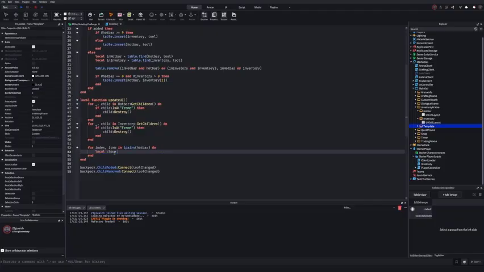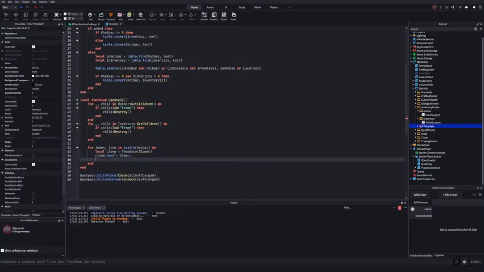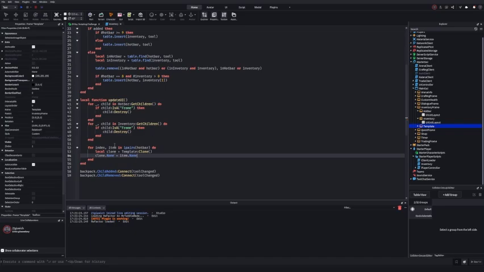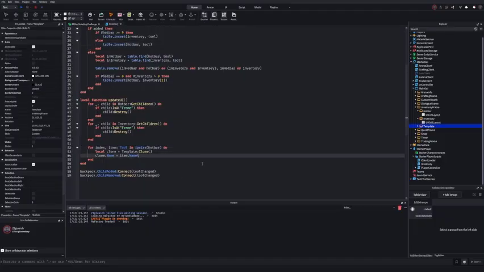So let's get our template. So we'll say local clone equal to template clone, and we'll say clone dot name will equal to the item dot name. In this case, each item in the hotbar is a tool, I'm pretty sure, because we're adding the tool in the hotbar, right? So the name will be the item dot name, and we can also give it a unique identifier, or actually